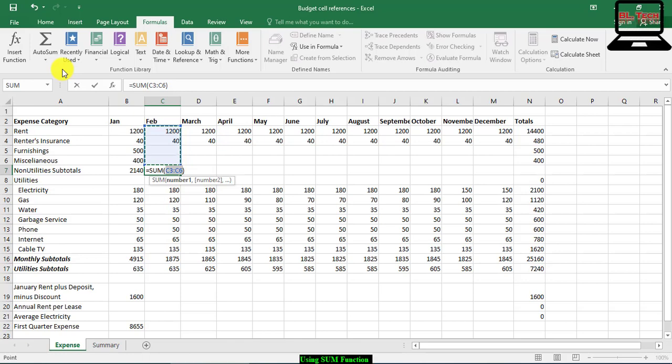To correct the range, press Enter. The result is 1140, the sum of family non-utility expense.